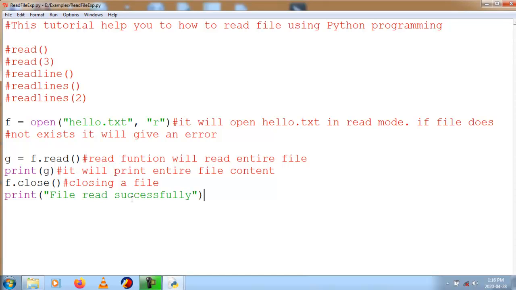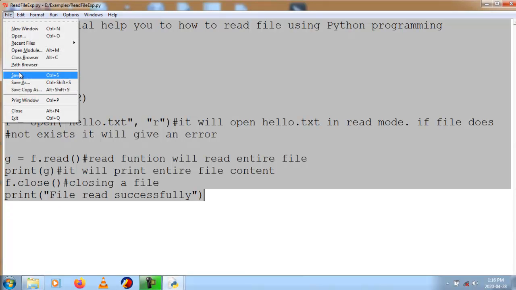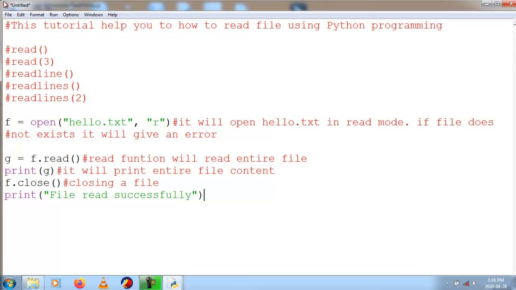What you can do, I will overwrite this code. You should type this code into new files so that it will be easy for you. Don't work with only a single file. Type the code in a new file. For my convenience in the video, I am overwriting this code. Or else we'll create a new file. So I will copy this code, copy. I will take a new file, new window, Control V, and I will save this file.